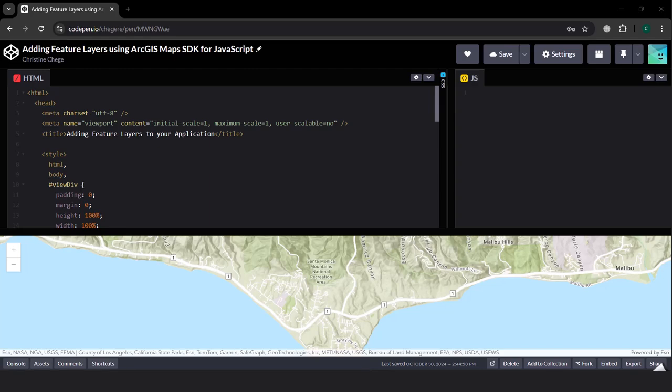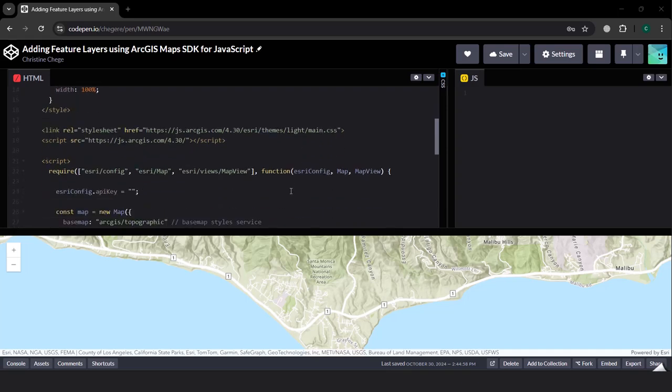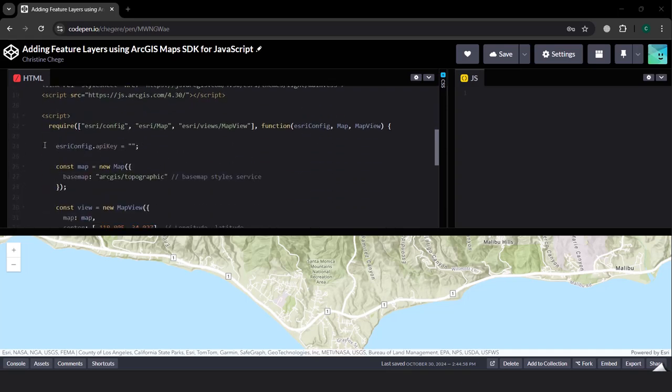Okay, so before you perform this functionality, you need to have a credential from ArcGIS Location Platform or ArcGIS Online, and also you need to have generated your API keys before. So to start us off, I am going to first paste my API key. I'm going to paste my API key here,